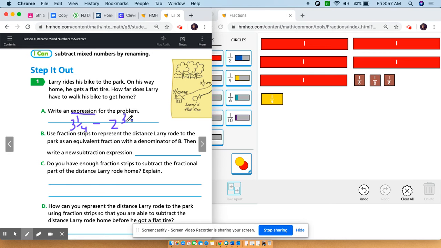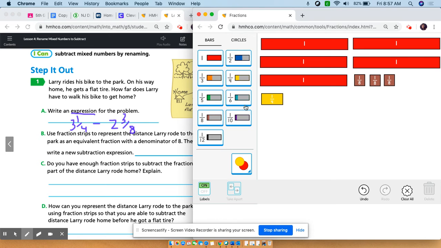Part B says it wants me to use the fraction tiles to make the fraction part of my mixed numbers eighths. Okay. So this way I can subtract, because I cannot subtract these fractions right now because the denominators are not equal. So I'm going to go ahead over here and I'm going to exchange my 1/4 to 2/8